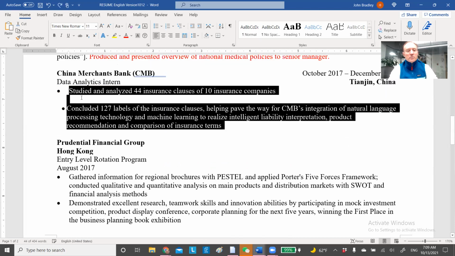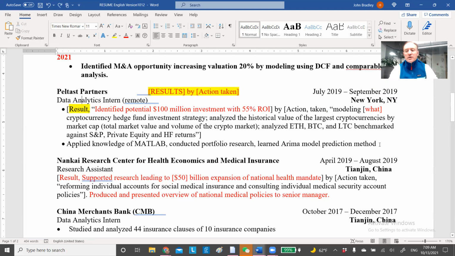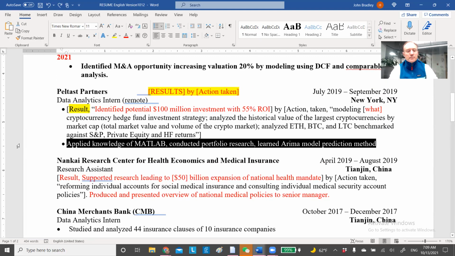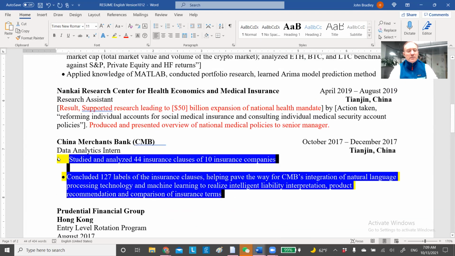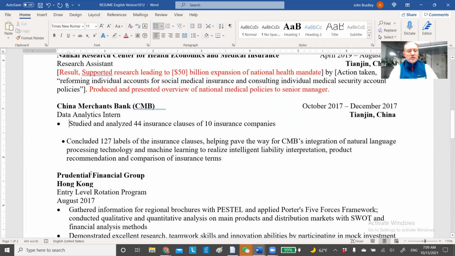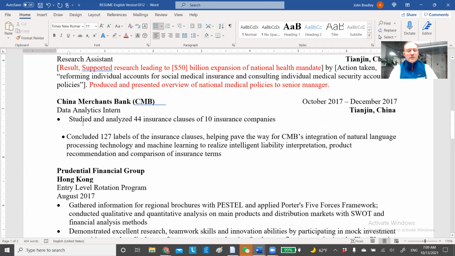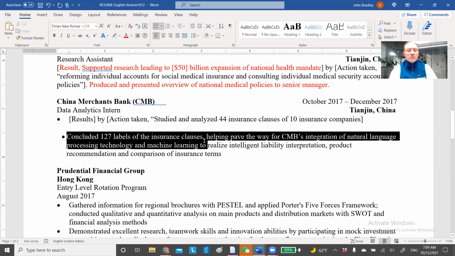Oops, I don't need that to be all bold. Not what I needed. Let me just go ahead and copy this one then, and produce the same effect here. Oh, but I don't need bold. I don't need highlights. All right, studied and analyzed clauses of 10 insurance companies. That was action taken. And then when you say studied, okay, that's fine. Maybe we can get more specific there. I don't know yet. I will talk to this person, results, whatever those results were, and then